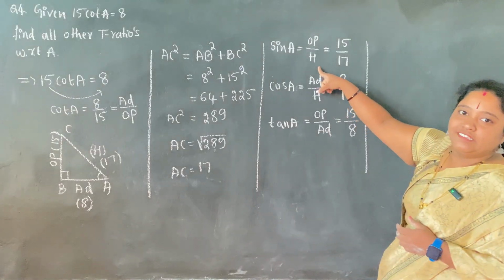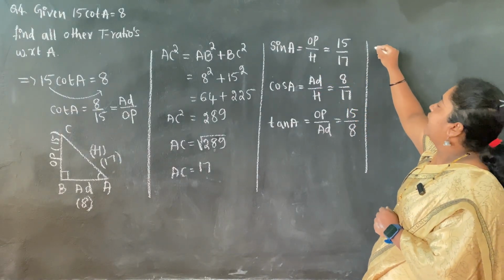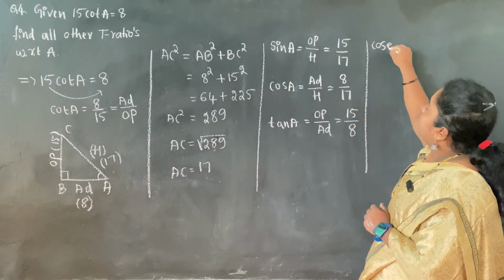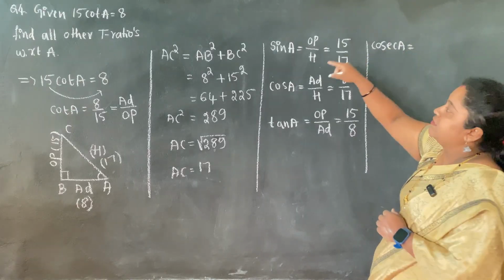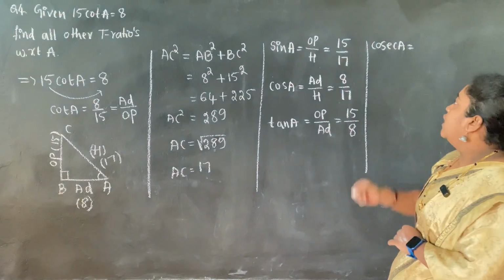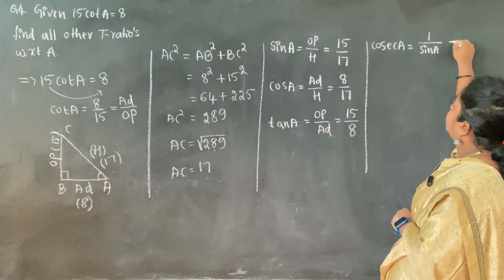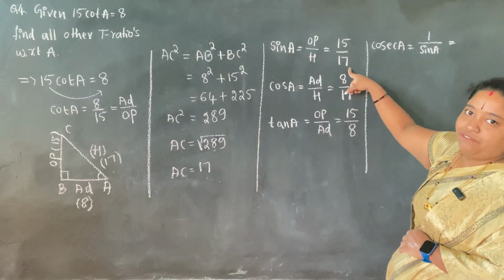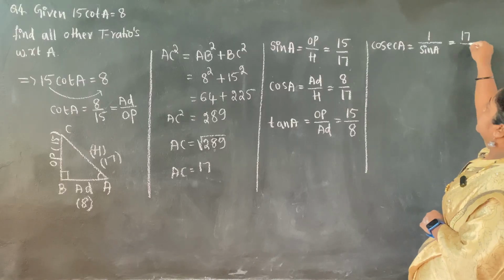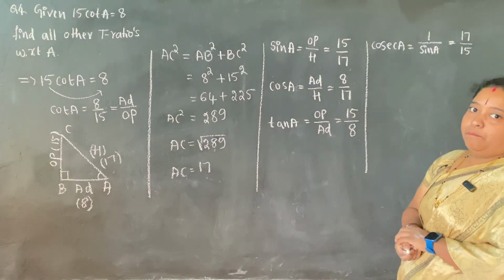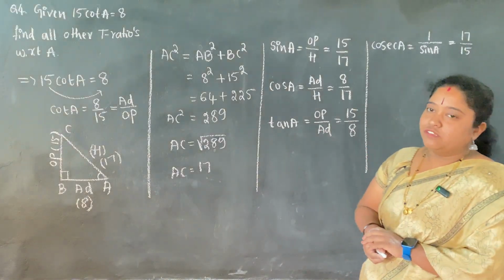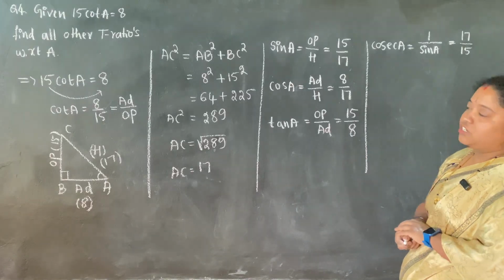You know sine reciprocal. Who is the reciprocal of the sine? That is cosec A. That is the reciprocal of sine A. You can also write cosec as 1 by sine A. If it is 15 by 17, then I'll have it as 17 by 15. Make sure you understand everything, because they are very much needed in the next coming questions.